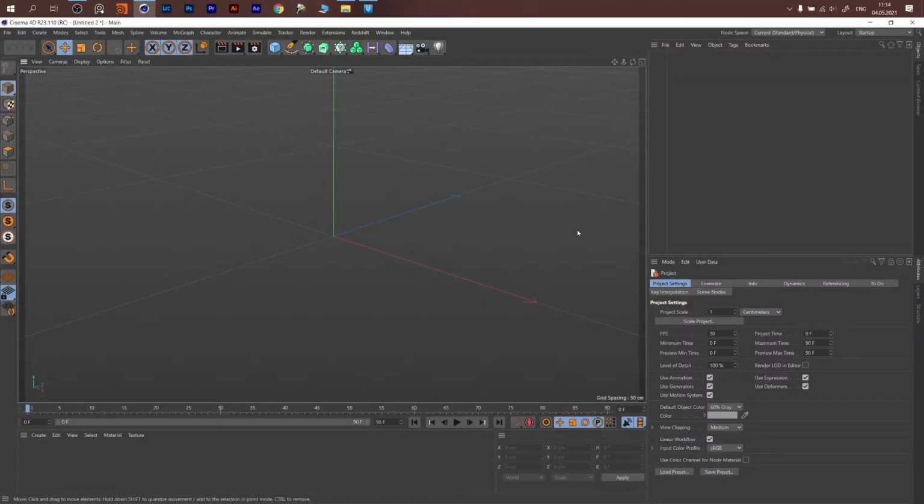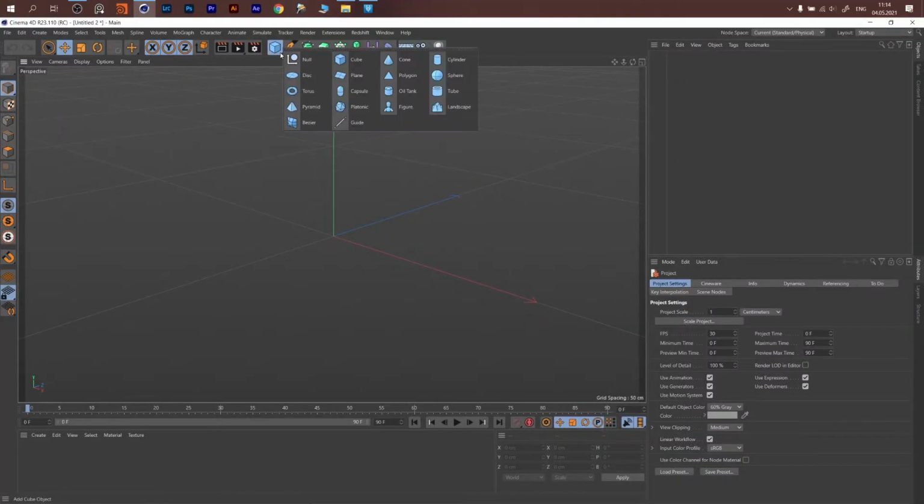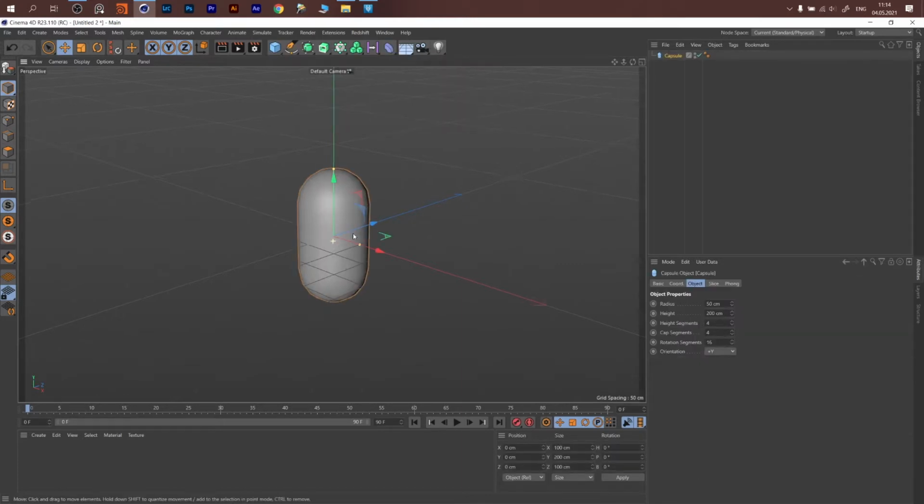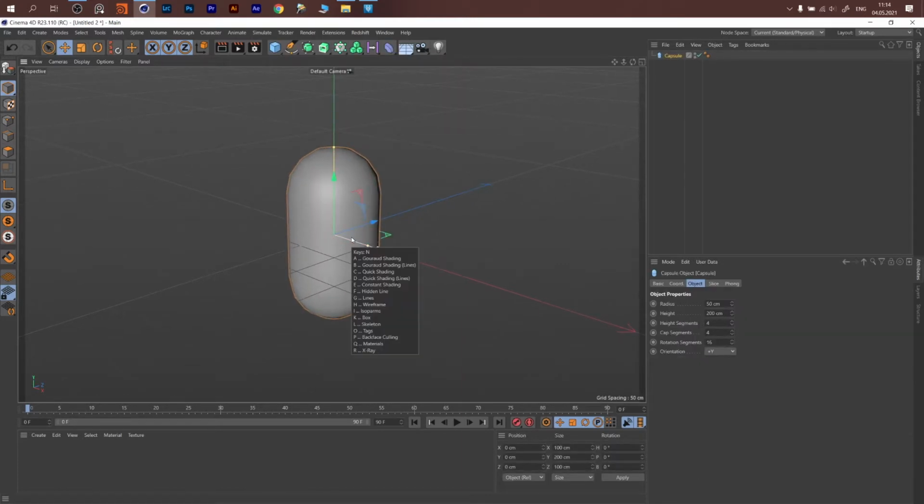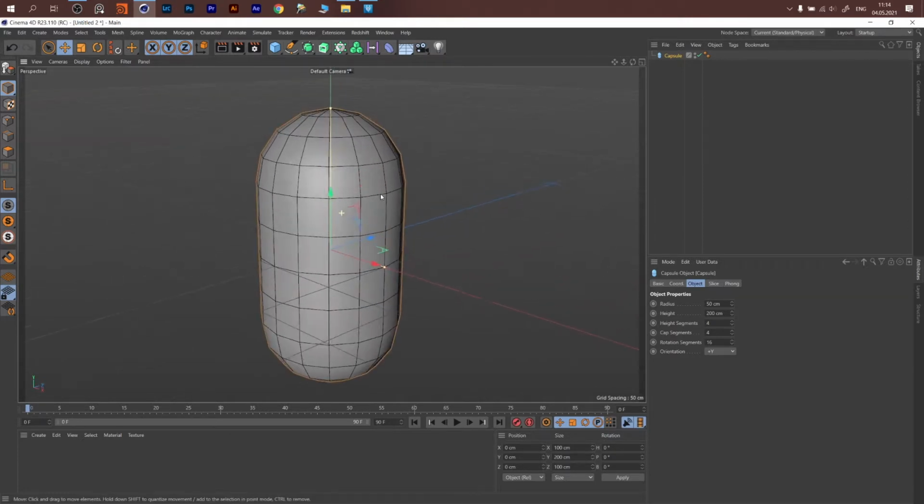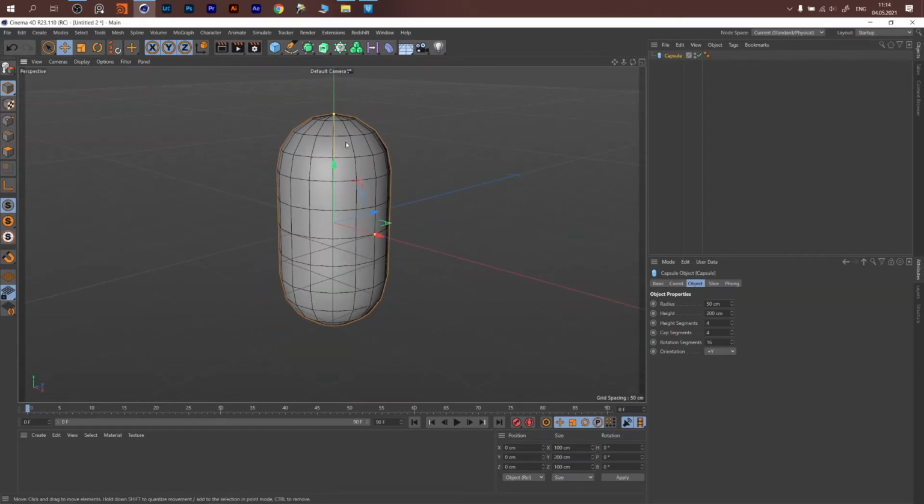To create this effect, I will start with the object. We take the capsule, press N B to reveal the lines, and we need quite a bit higher resolution for this effect. Increase segments, increase caps, and